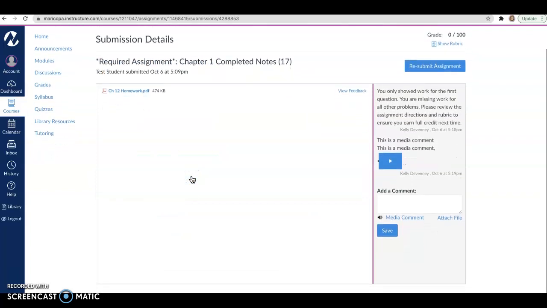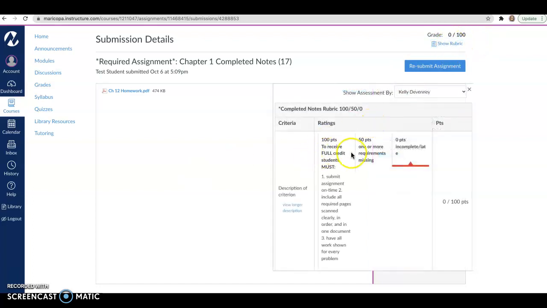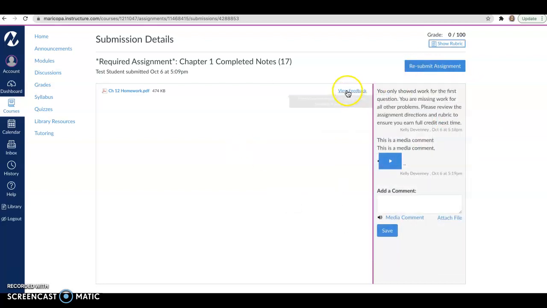And there's lots of different ways that your instructor might be giving you feedback. You might have a rubric for this assignment, so you can click to see what the rubric says and what score you got. There might be some other feedback on your assignment, so I can click on View Feedback here